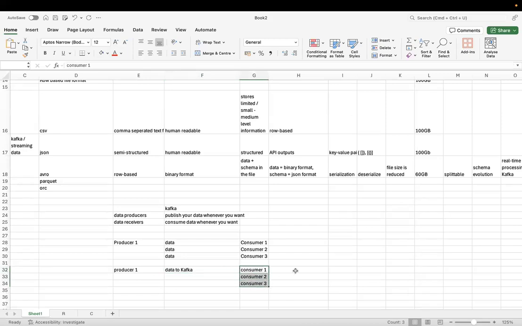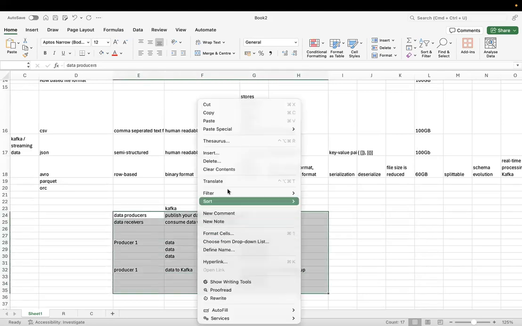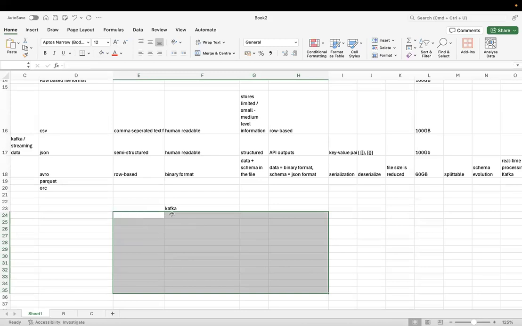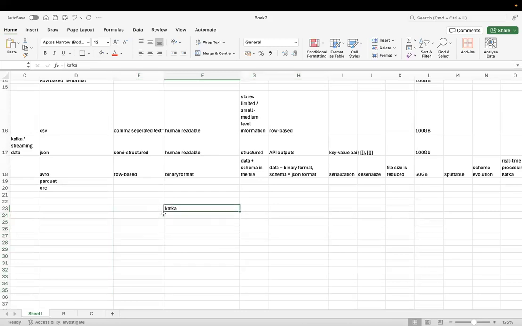These three will form a group called a consumer group. Okay, this is all internal. This is done by Kafka itself. It will create the consumer groups, and all of these consumers are going to read the same data. Okay, this is a basic introduction. We'll look at it in the stretch, but the advantage of Kafka is that it is not